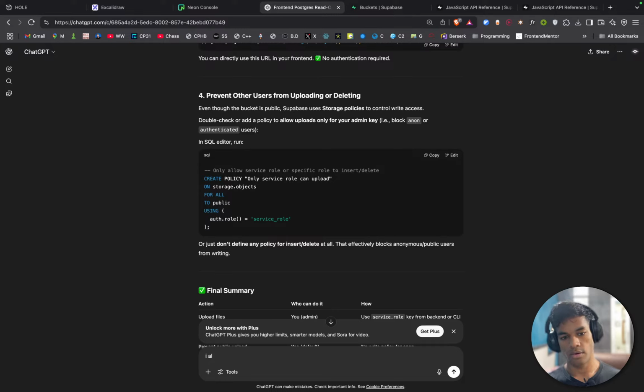I also have a table which I want write access only for myself and not for others.